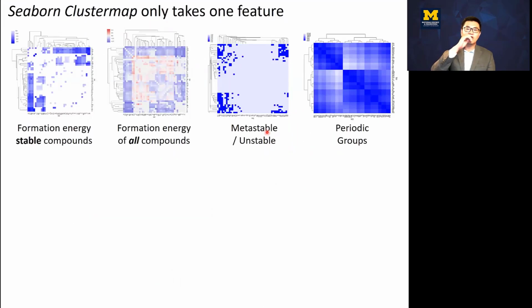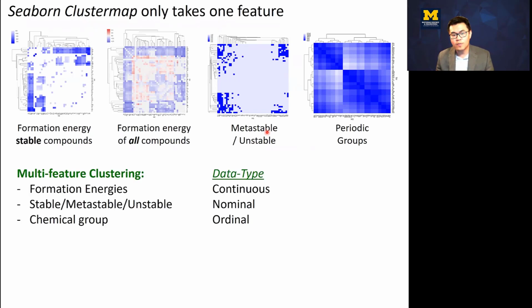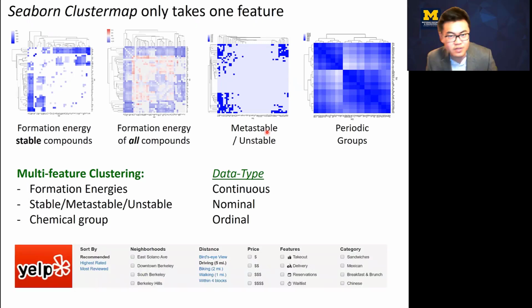Now, you can cluster on stable nitrides, but you can also cluster on a lot of other features. You can cluster on the formation energy, or whether a compound is stable or unstable, or the periodic group. And a lot of this data comes in different forms, right? There's continuous representations. There's what's called nominal, which is a name-based representation, or ordinal, which is ordered. And you might want to cluster on a variety of things that are important to you as a scientist. It's kind of like when you go to Yelp and you want to look for a restaurant. There might be a lot of criteria that you're searching for, right? Maybe you want something that's within walking distance, that's not too expensive, and is Chinese food or whatever. And so you might want to do a lot of searches based on specific features that are important to you